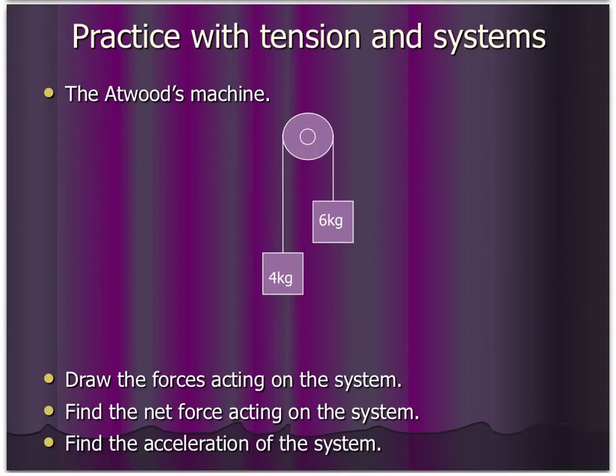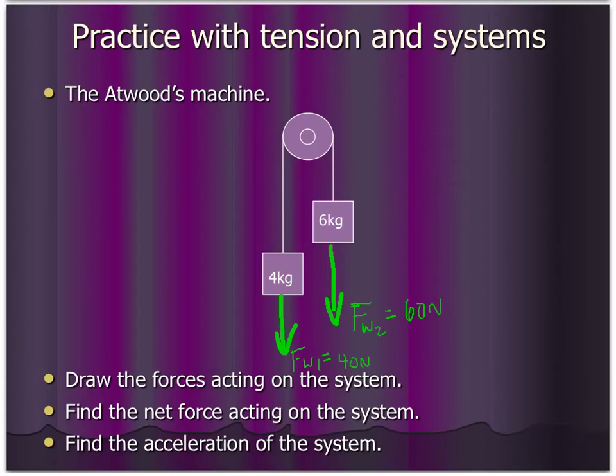Okay, this is an Atwood's machine, which is simply just a pulley with a rope over it and two different masses hanging on it. Now we know that each of these masses is going to have an Fw which acts straight down, and I still am going to calculate Fw the same way. So we'll just call it Fw1 and Fw2. And I know that Fw is equal to m times g, so 4 times 10 is going to give me 40 newtons on this first one, and 6 times 10 is going to give me 60 newtons of Fw on